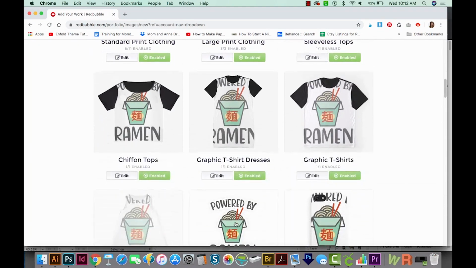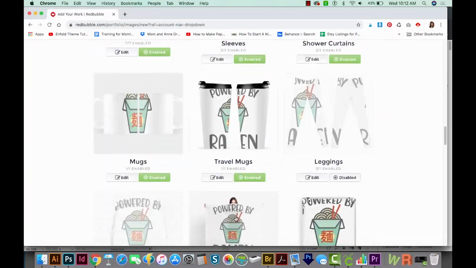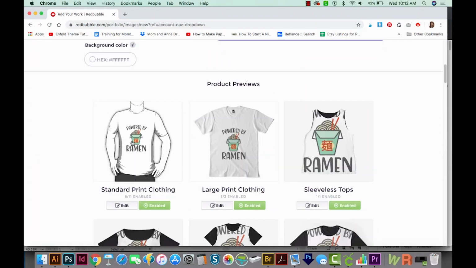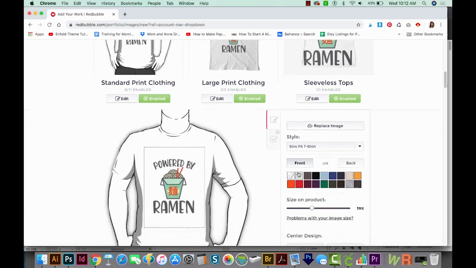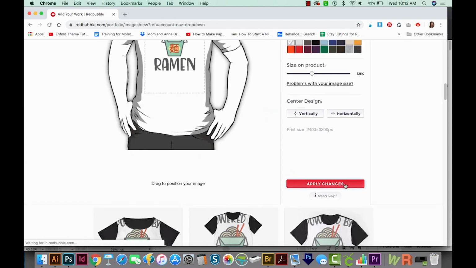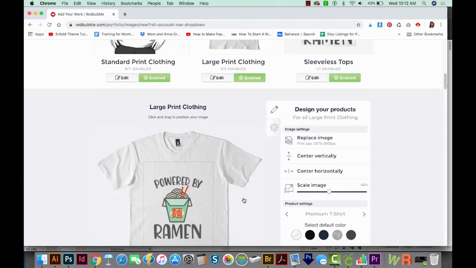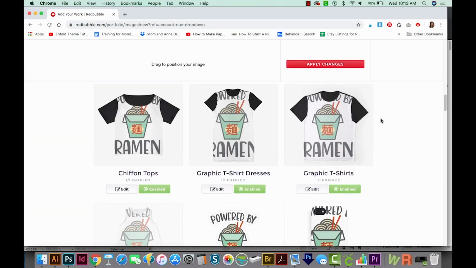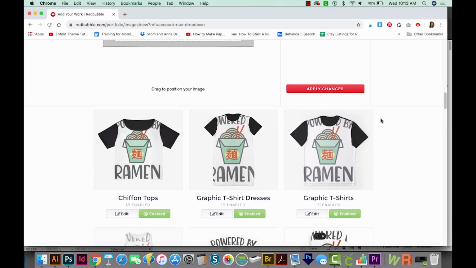And here you can see all the different products that you can put this image on. And you can also click on one of the products and move the graphic around. You can make it larger. You can change the color of the shirt if you want to. This is just the default, but it's actually offered on all of these different colors. And then you just click Apply Changes. You want to do that with all the products that you want to offer it on. If you decide that you don't want it on a product, you can just click the Enabled button and it